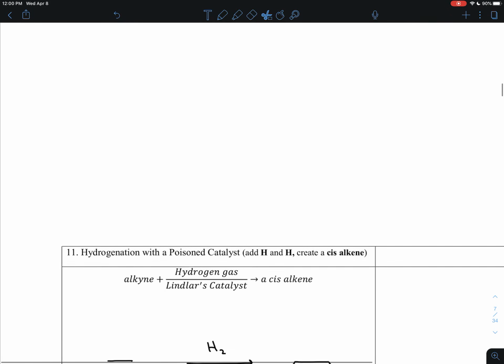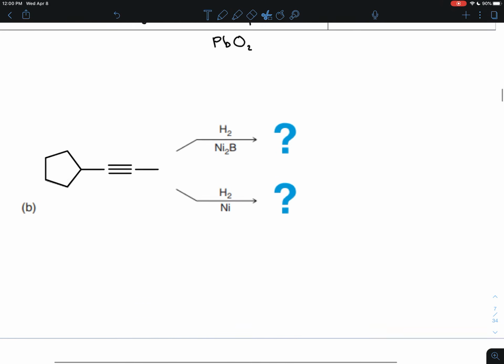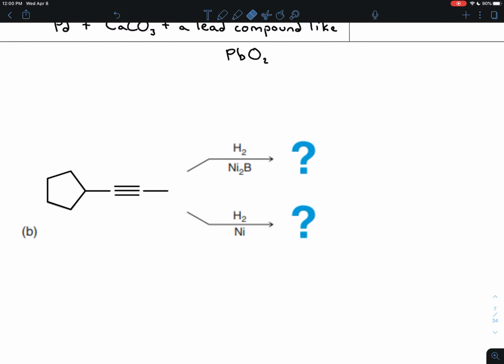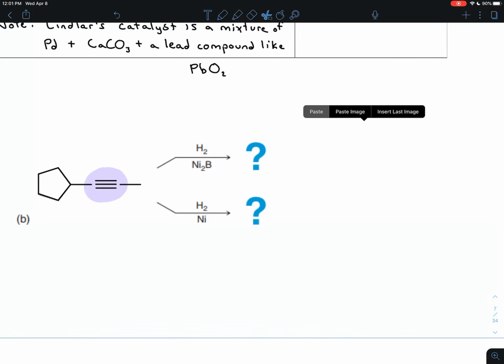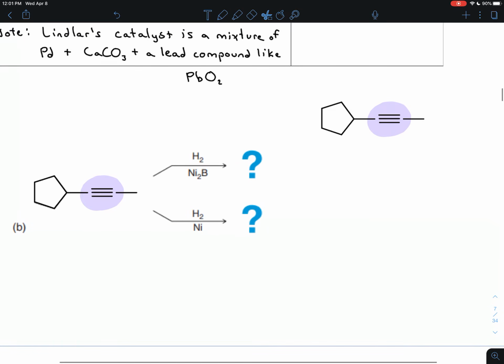Okay, let's try B. So with B, again, they have this alkyne with its triple bond, and we see these hydrogens here. We know we're doing a reduction. So we're going to reduce the number of pi bonds in our original molecule. Let's start with the one on top, and the first thing is just to copy that original molecule, use it as a reference, and let's number it so that we can keep track of everything, because